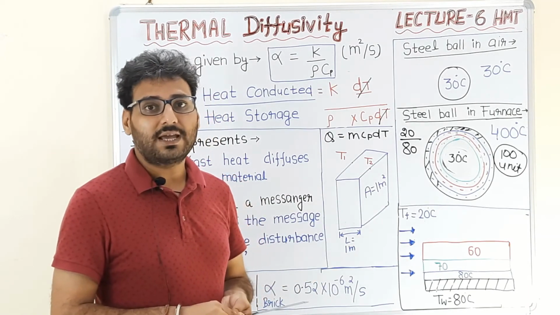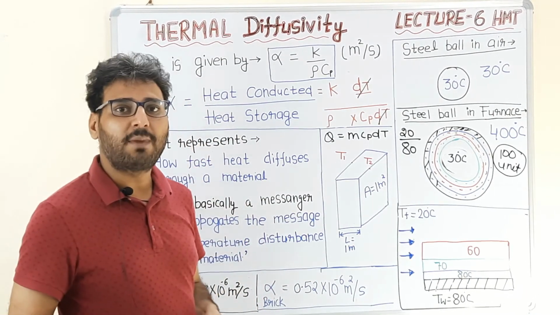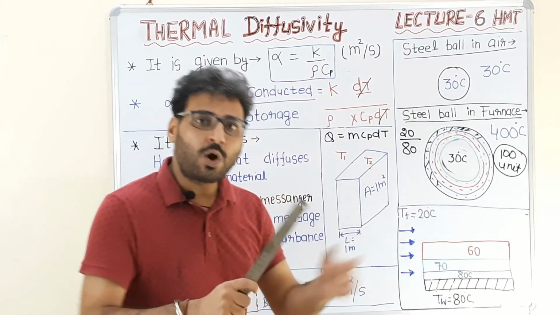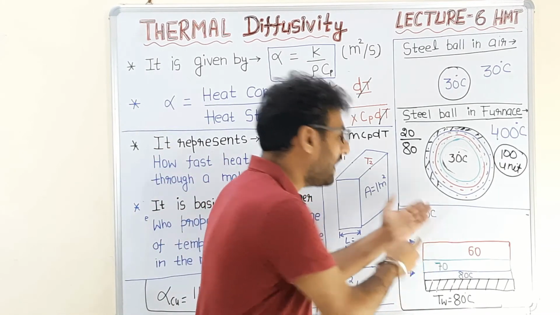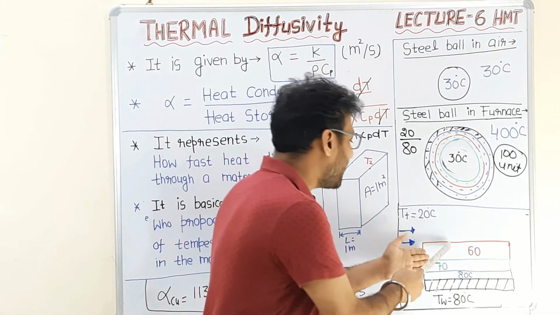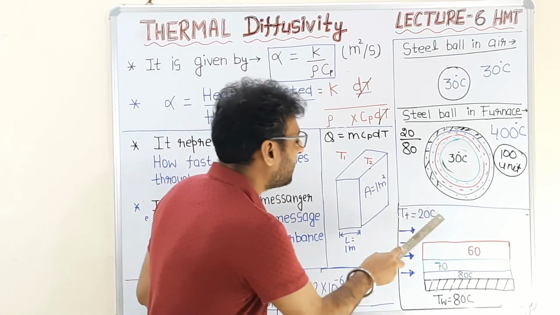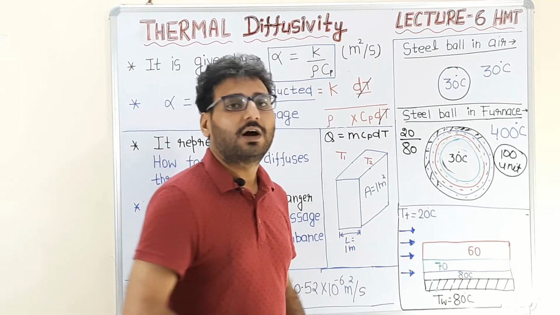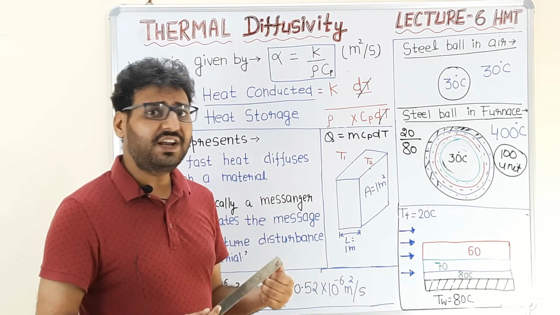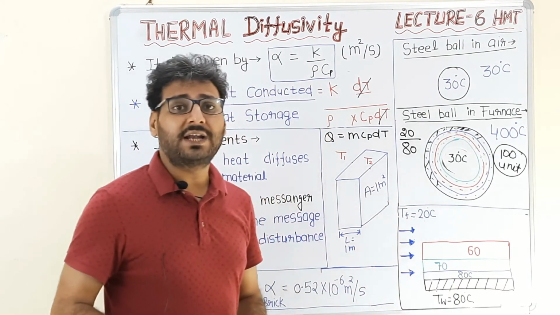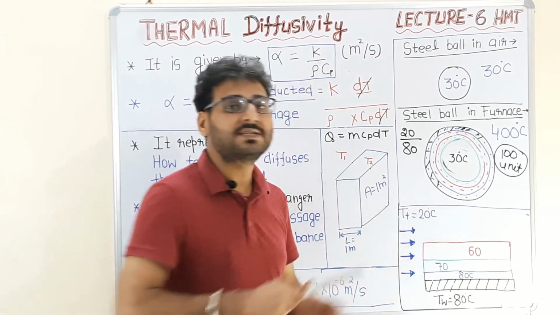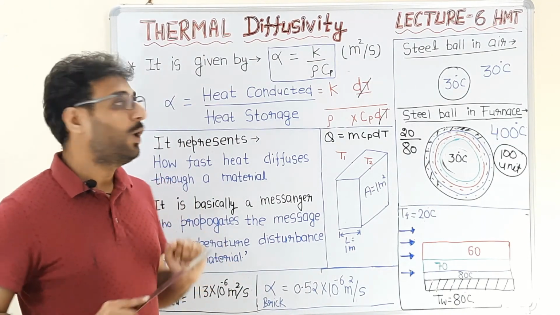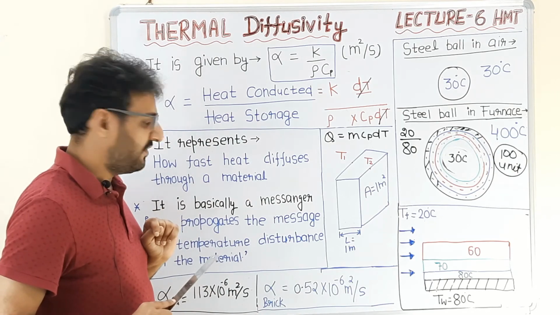Now suppose the second case, where this messenger is very weak, that is, the thermal diffusivity of the fluid medium is very low. Now this messenger is not able to convince the further layers of the fluid to change their temperature. Their temperature will not change largely, by 20 degrees centigrade. They will not receive the heat and change their temperature, because the messenger is very poor. This is the physical explanation of this parameter, which is thermal diffusivity.